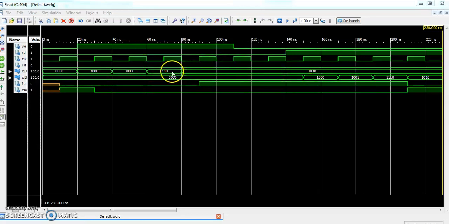You can also observe that after writing all the data, the full pin becomes 1, and when we read all the data, the empty pin becomes 1. So 1 at full indicates the memory is full, and 1 at empty indicates the memory is empty.